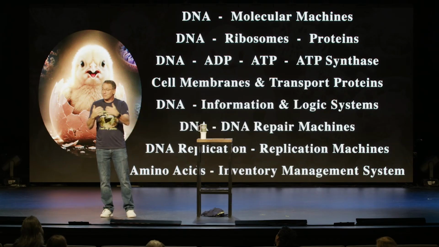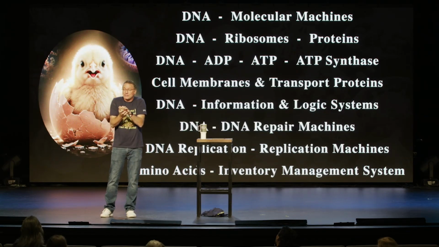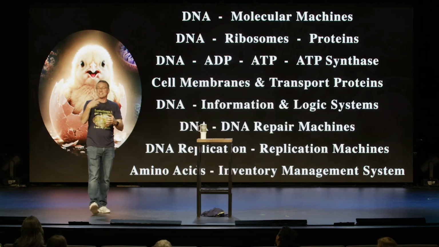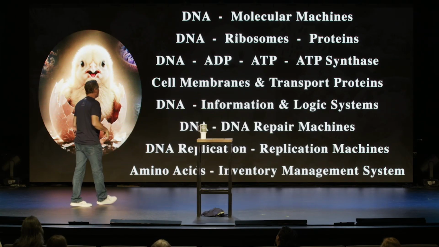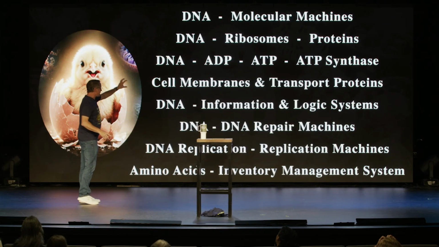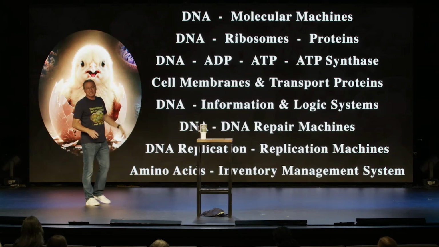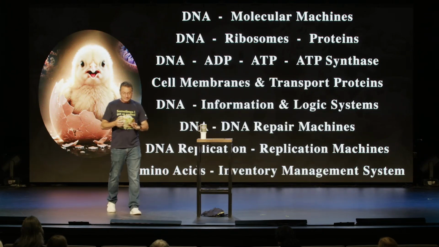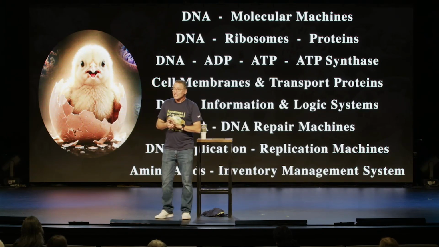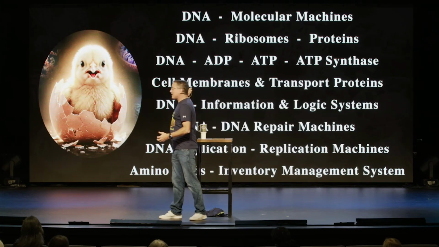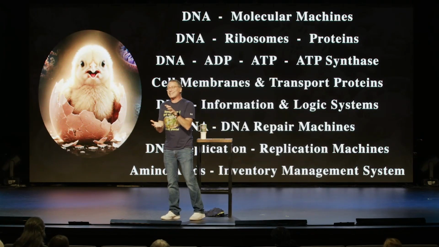It has to actually be selective to only let in the right things and open up for the right things and close the door for the wrong things. So there's analysis and logic decisions that are happening in that system. Well, that depends on transport proteins, which depend on cell membranes. Then you have these information logic systems. Casey talked about this last week. DNA in and of itself is essentially worthless. You have to have the molecular machines and the information logic systems to be able to analyze and use the